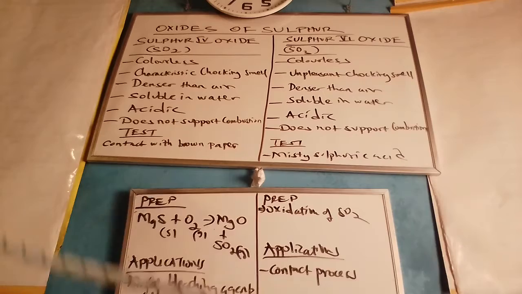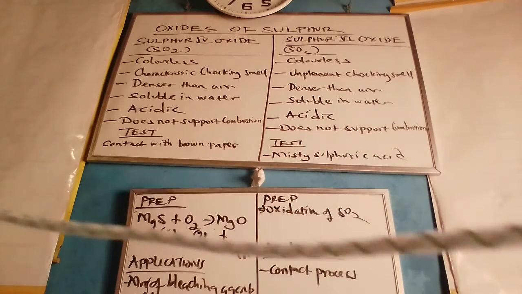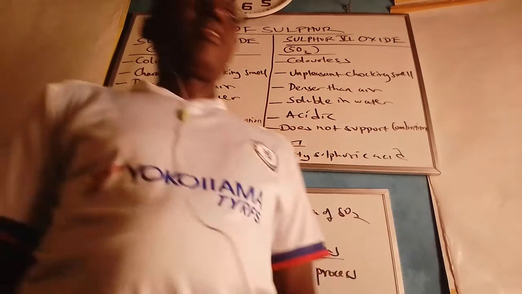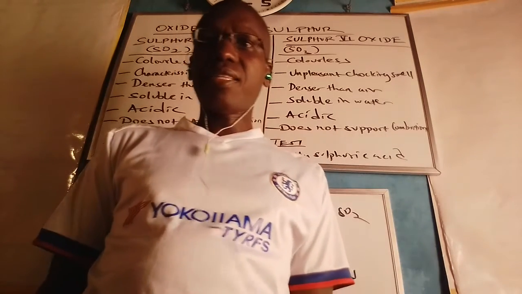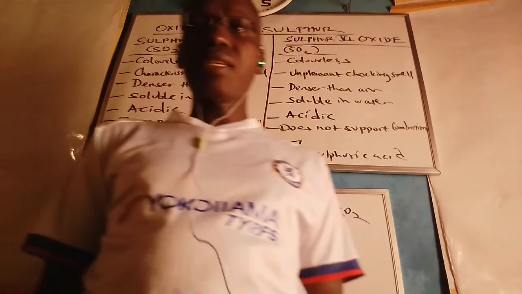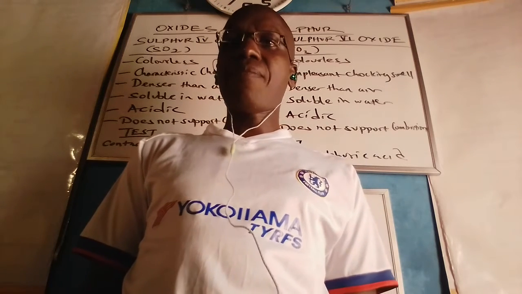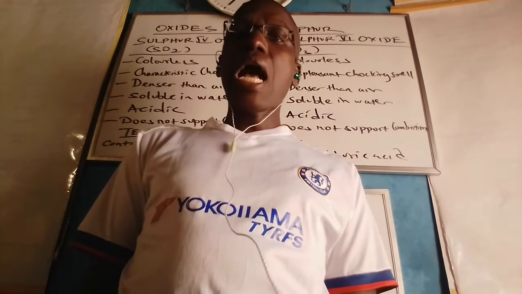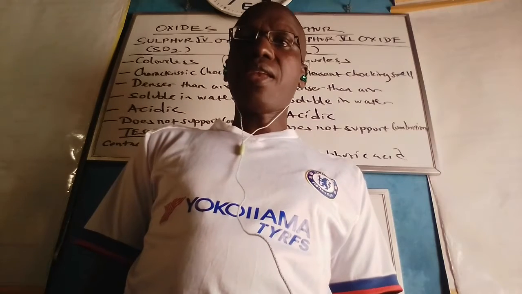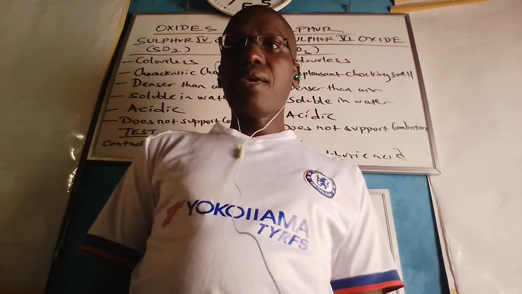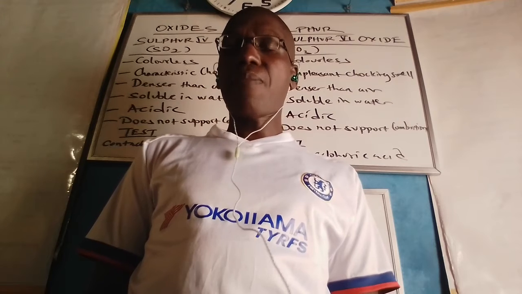Now, to test for this gas, we use brown paper, in the sense that when paper is oxidized, its color changes into brown. Mainly in the industry, paper pulp, when oxidized, turns into brown. However, sulfur dioxide, when placed into contact with the brown paper, has a bleaching property, in the sense that